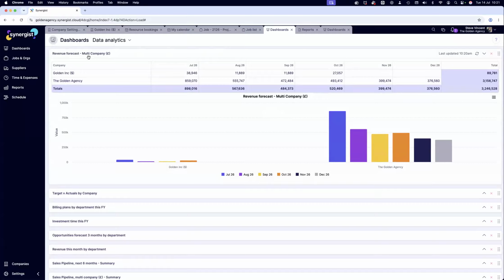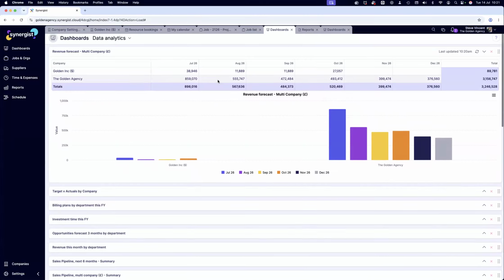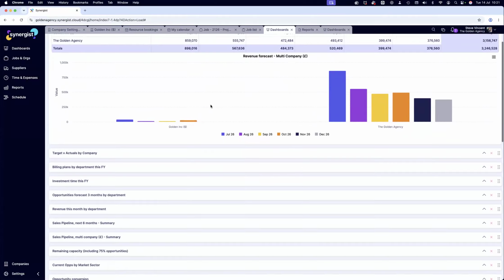And you'll notice there's significantly more revenue in the UK business. And that's simply because this is our demo environment and the UK company contains far more sample data than the US company does. But the important point isn't the figures themselves, it's the fact that Synergist is bringing both companies together into a single consolidated view. So whether it's a US company or whether it's a UK company. Second example that I've created,